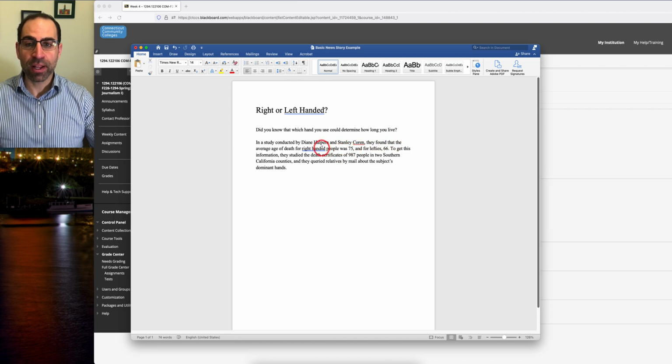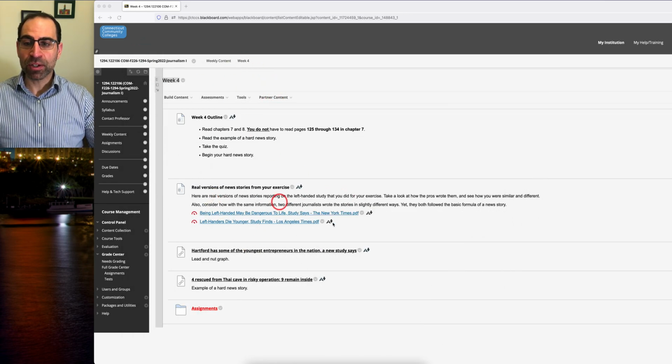This student has it right here, the average age. So that's good. And so you could do that exercise when you're looking at where you're putting the information. If I were to cut from the bottom up, do I still have the most valuable information? Could someone just read the lead and the nut graph and know enough to understand the main concept, the main principle, right? Here, I'm going to have you do this on your own,